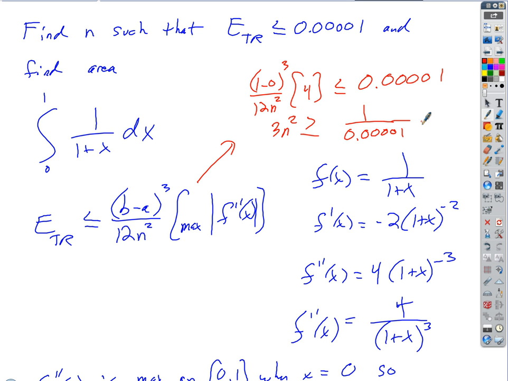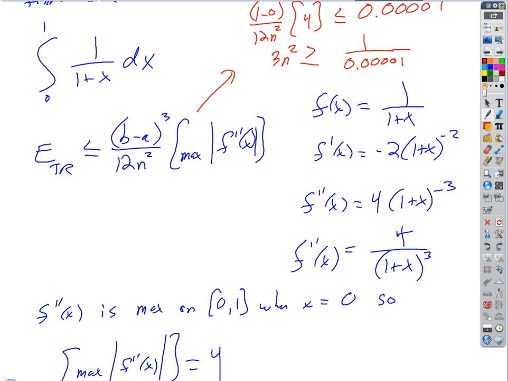Well, I'm going to divide both sides by 3, which is going to give me the inequality n squared is greater than or equal to 1 over, if I multiply this by 1/3, what am I going to get on the bottom? 0.00003. I can just leave it like that, and I'm just going to square root both sides, right? So I'm going to get n is greater than or equal to